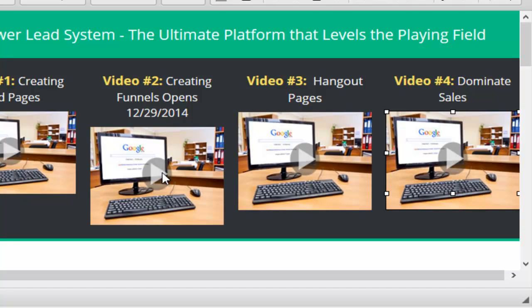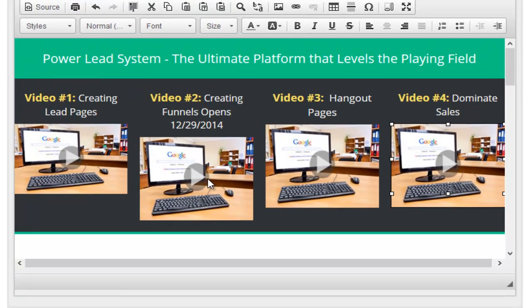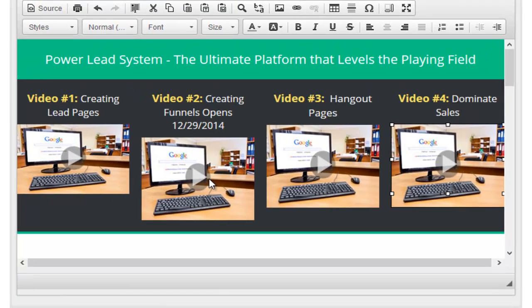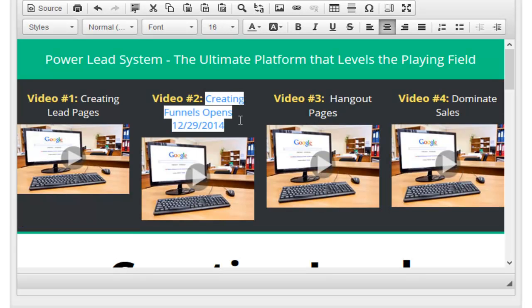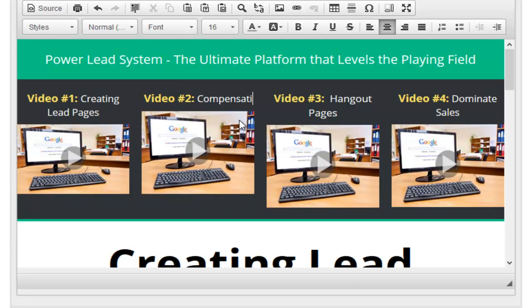Now, even though these pictures look bigger than the other one and they look distorted, when you save and go look at it, you'll notice that they're going to look really good. So what I'm going to do is come up with all the different labels of my video pages for the first page of the template, because that's going to save me a lot of work, and you'll see what I mean. Video number 2, what I'm going to do is call that